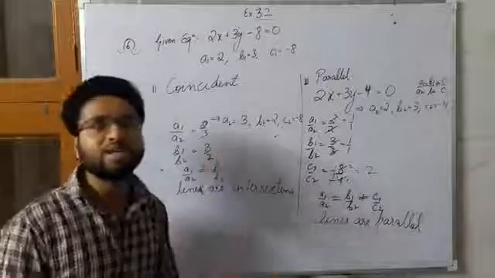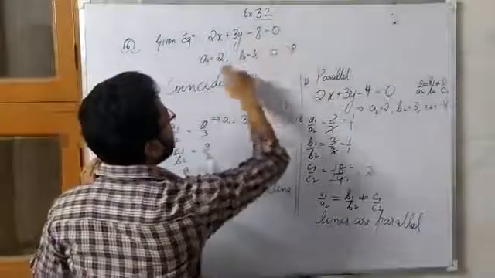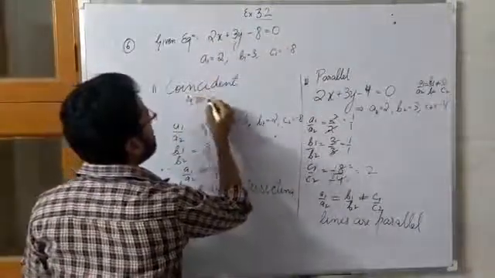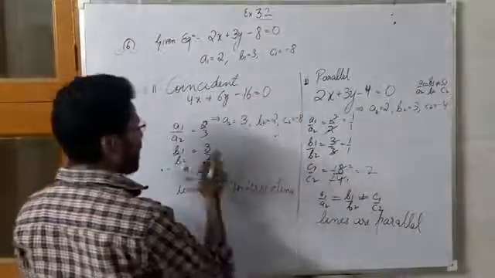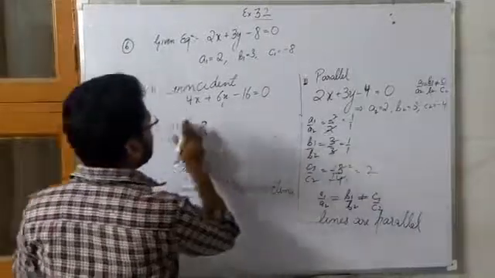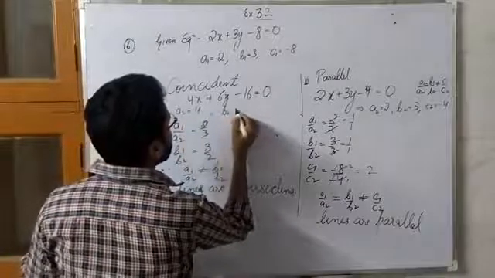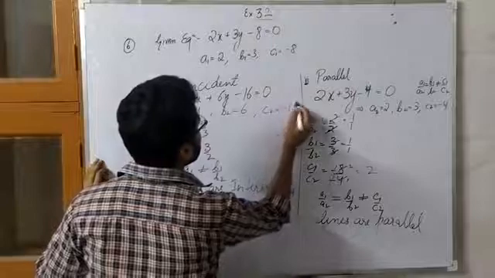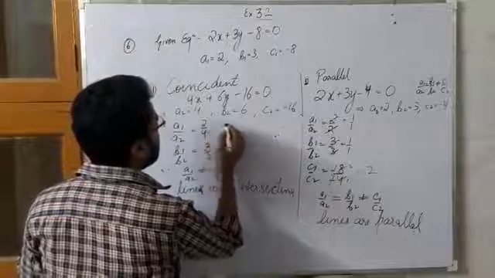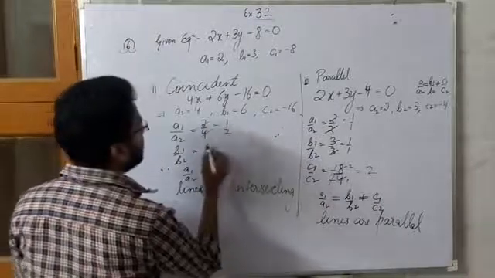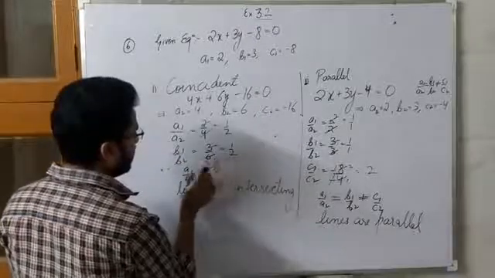तो इजी कैलकुलेशन के लिए let's say we are multiplying by number 2. राइट? इसको 2 से मल्टीप्लाई कर दीजिए. So it shall be 4x plus 6y minus 16 equals to 0. Right? So now you will tell here A2 is what? 4, B2 is 6, and C2 is minus 16. Now A1 upon A2 when you will find, it will be 2 by 4, answer will be 1 by 2, and this will be 3 by 6, again answer will come 1 by 2.